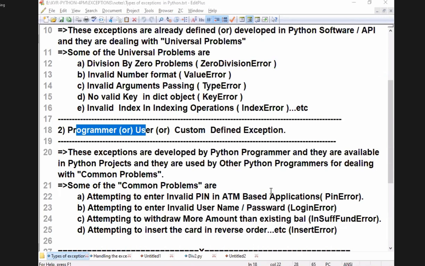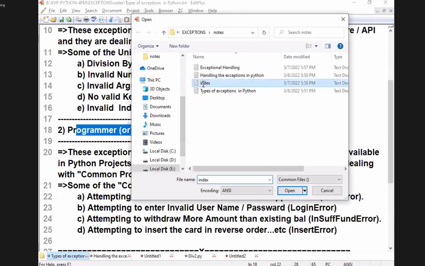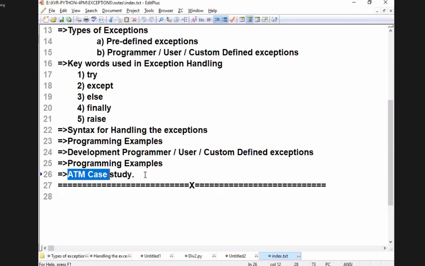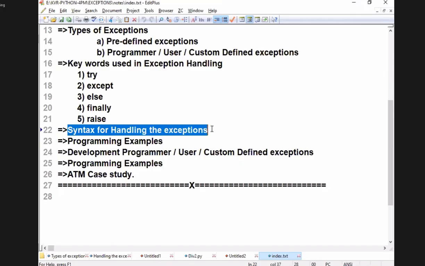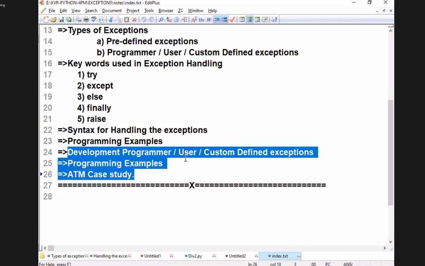Whatever you are saying, we will do it, because you see our index, a wonderful index I wrote. See, in the ATM case study, I am going to take up a lot of exceptions in the class. We are dealing with handling the exception now, and going on with this. I did not enter into our own exception development. I will come to that, point by point, one by one. So Ganesh Kumar, yesterday only I told you, syntax error comes under compile time error only.